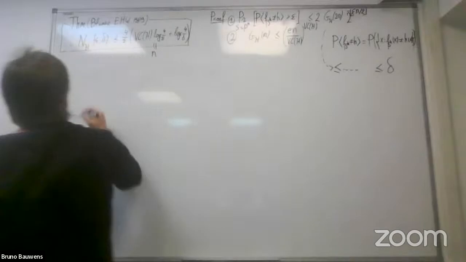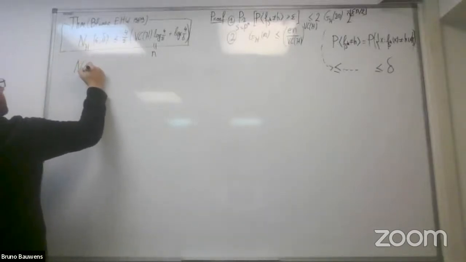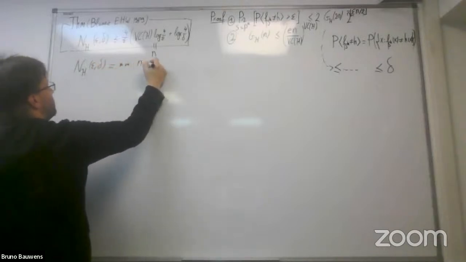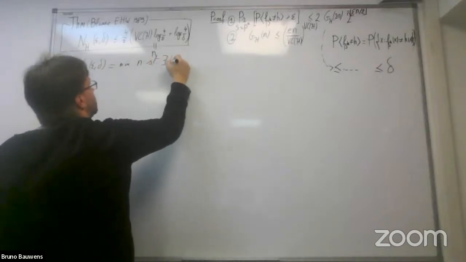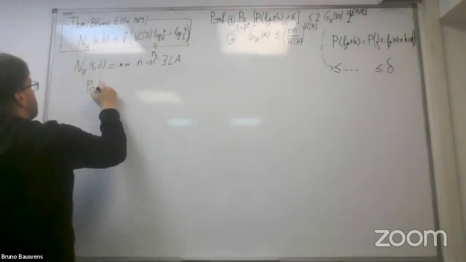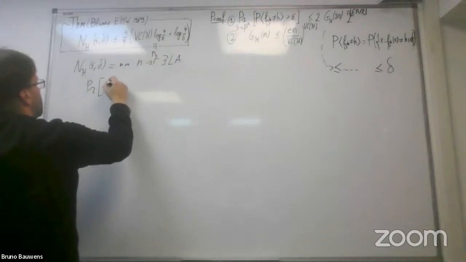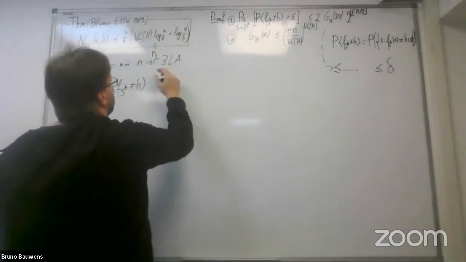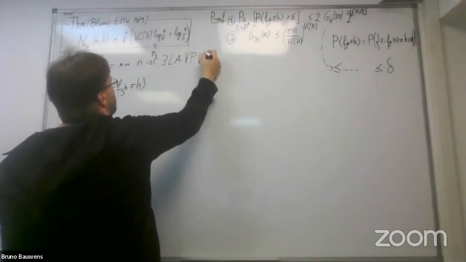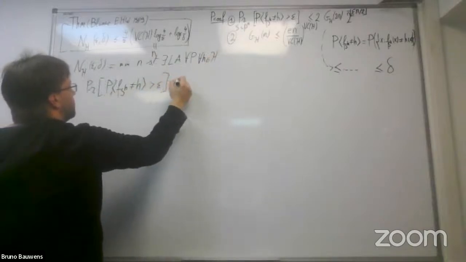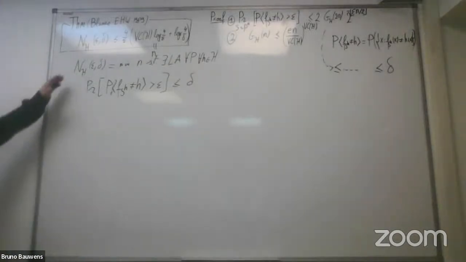Okay, let me write just for those who might have forgotten what sample complexity means. It is the minimal value of N such that there exists a learning algorithm for which the probability that h is not equal to H. So there exists a learning algorithm for all measures P, for all H in the true classifier, such that the probability that this is strictly bigger than epsilon is at most delta. So that is the definition